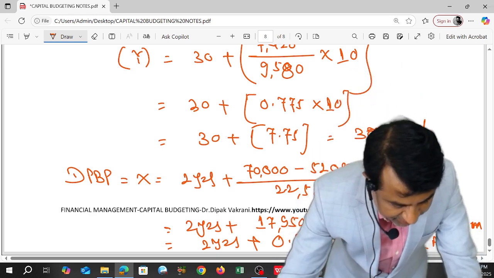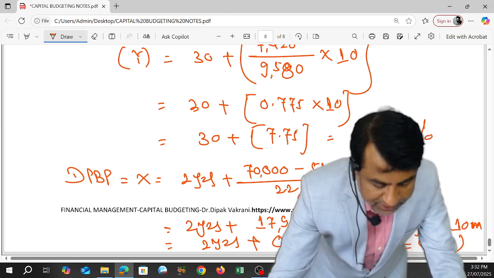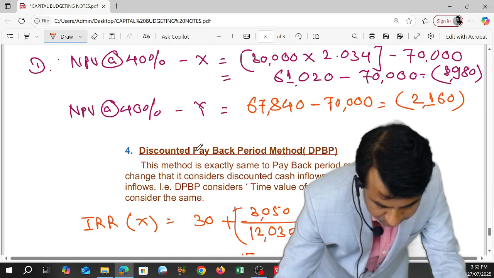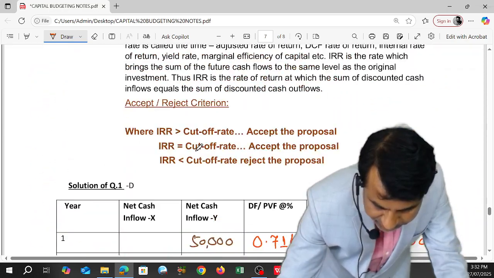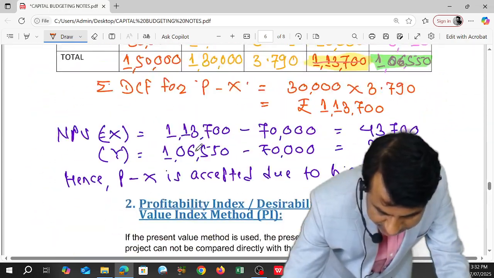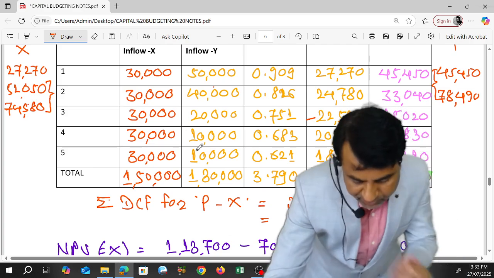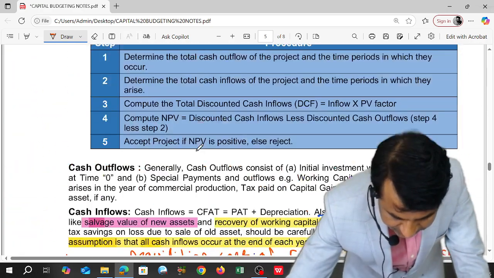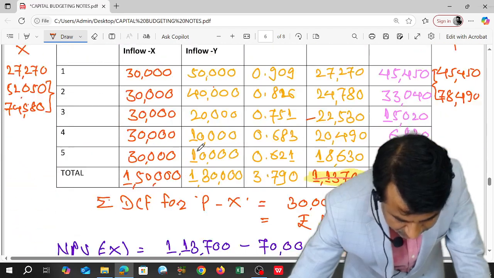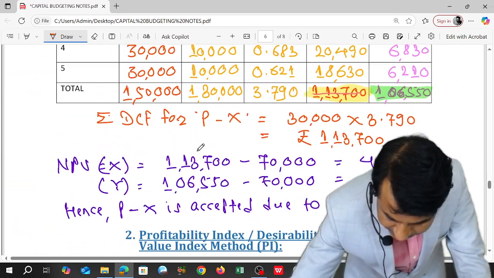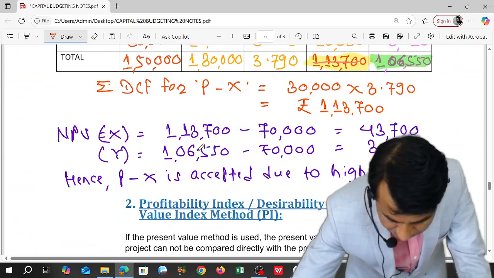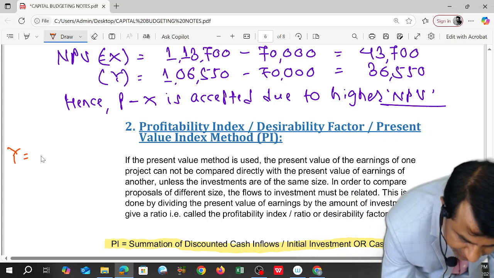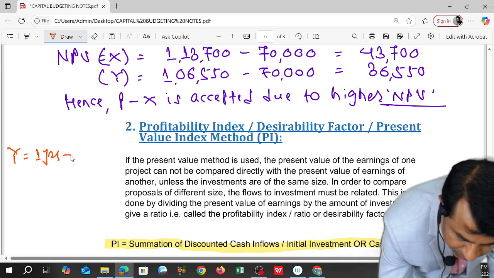Y के लिए भी हमें क्या करना है? Similar procedure is repeated, my dear. और Y के लिए करना क्या है? It is in between first and second year, तो Y का ऊपर ही कर देता हूं मैं अभी. ये देखिए, तो 1 year plus, let me do it here only. After 1 year it is 45,450. So for Y discounted payback period is 1 year plus